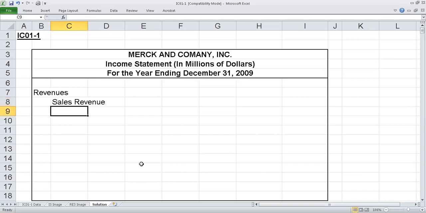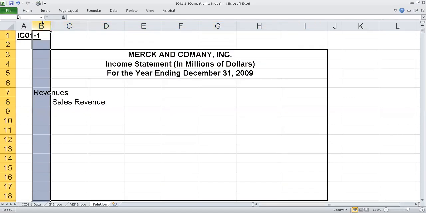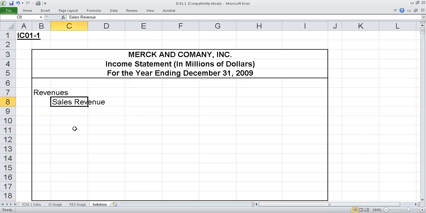All right, now the reason that we indent a little bit is simple, just to make it easy to read. We want it to be nice and easy to read for the reader. And if we just list everything all left justified, it's just hard to read. So we indent our accounts a little bit. Now we have two columns for numbers. We're going to put sales revenue in the leftmost of those two columns. So